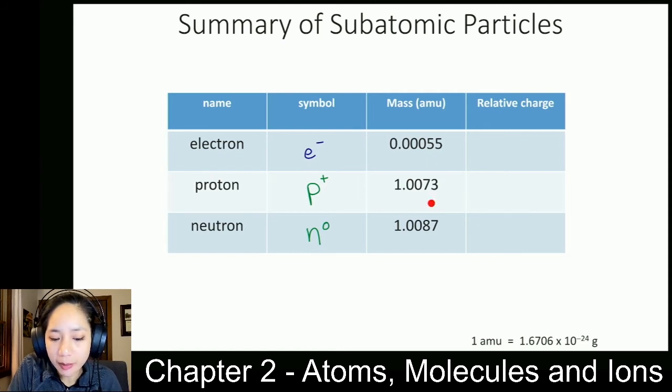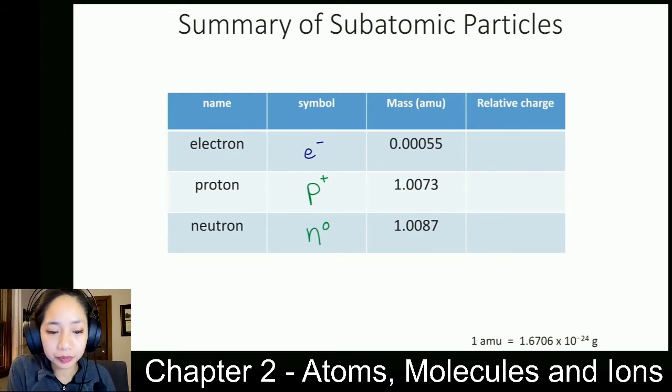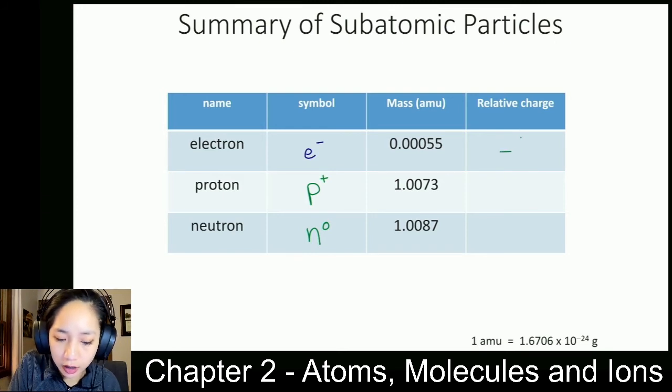And so we see the masses of each of these subatomic particles in AMU, and you see why we use AMU, because now the mass of a proton is 1.0073 and the mass of a neutron is 1.0087. So it's closer to 1. Those numbers are nicer to work with than numbers like 1.6749 times 10 to the negative 24. That's not a nice number to constantly be throwing around. So chemists and physicists will oftentimes use AMU. And then finally, relative charge: electrons -1, protons +1, neutrons 0.